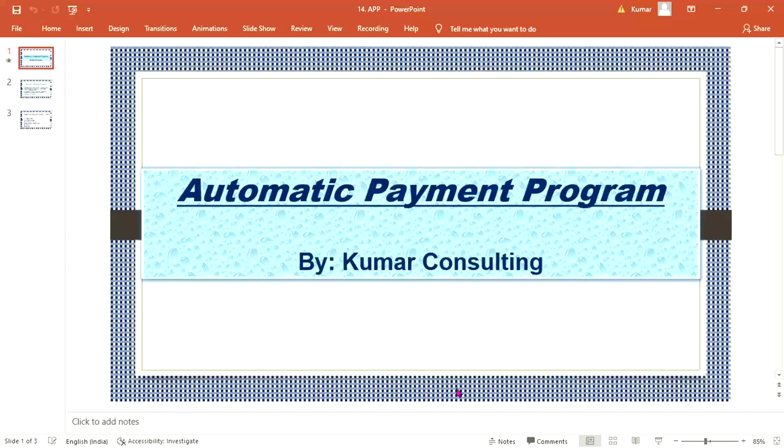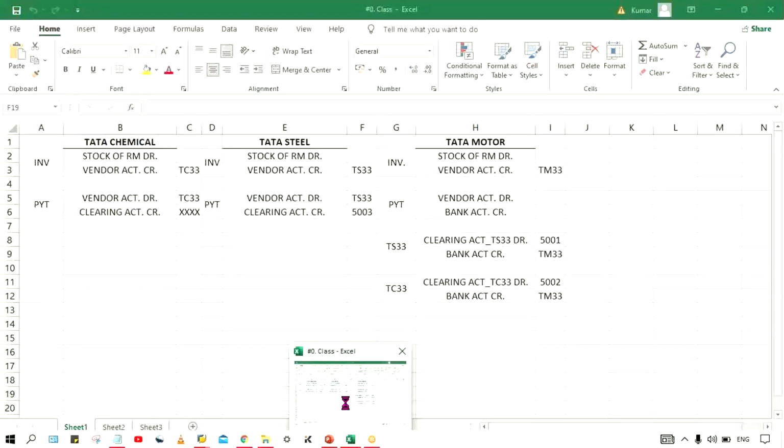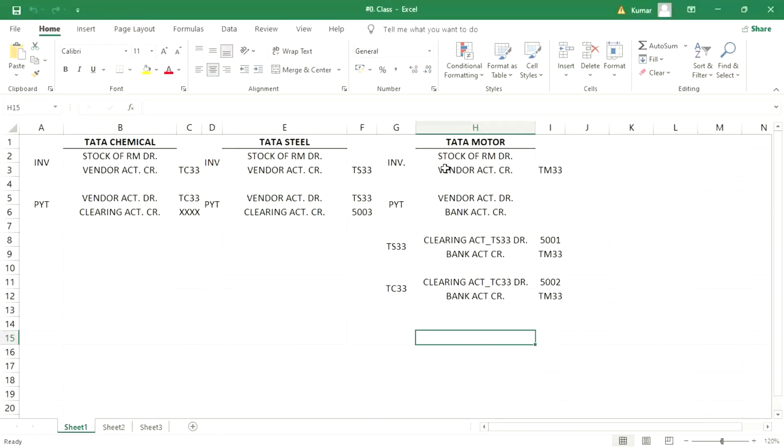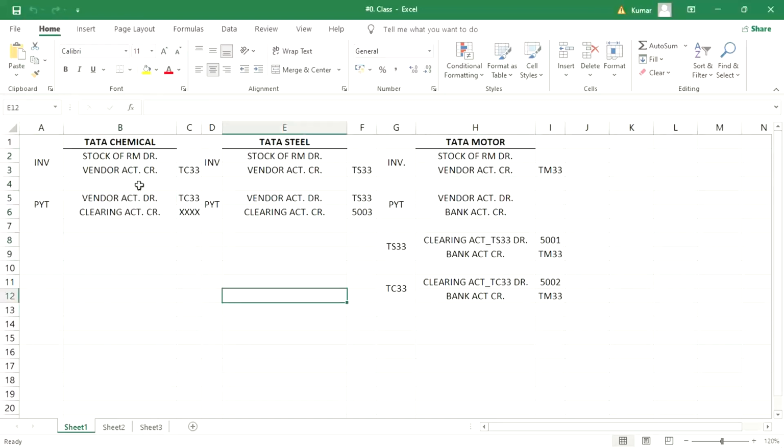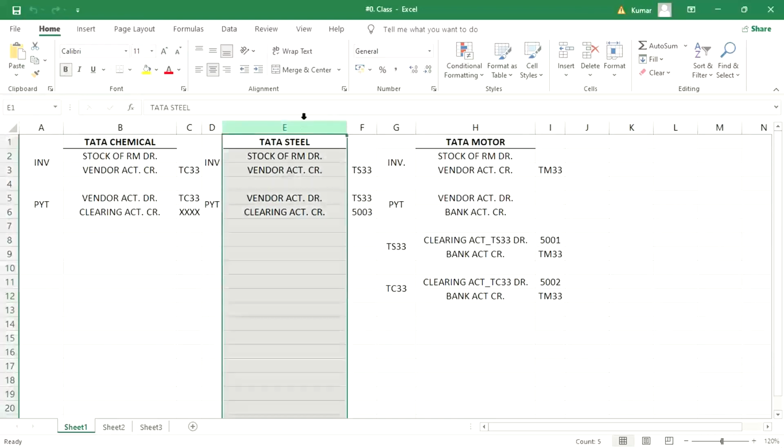Now here we are discussing cross company code. It is a bit confusing, because of the accounting entries. This Tata Chemical I have not added; that is an assignment for you. If you want to add another company code, you can add it. So today I am going to proceed further with Tata Motor and Tata Steel,